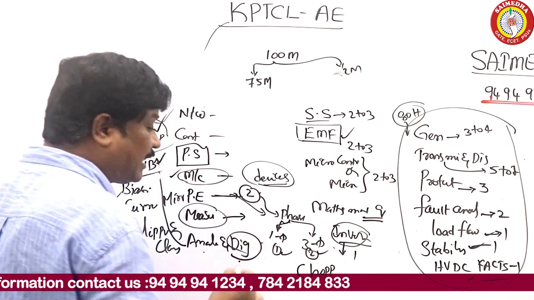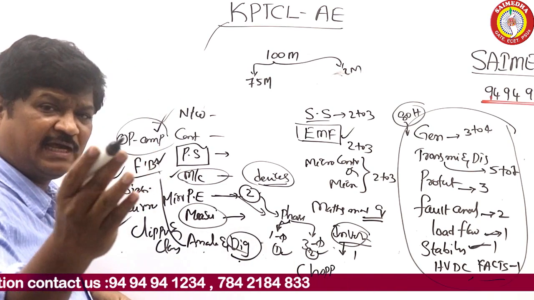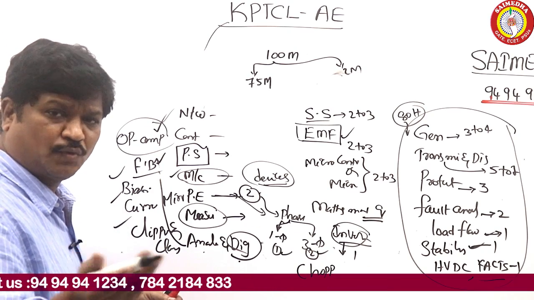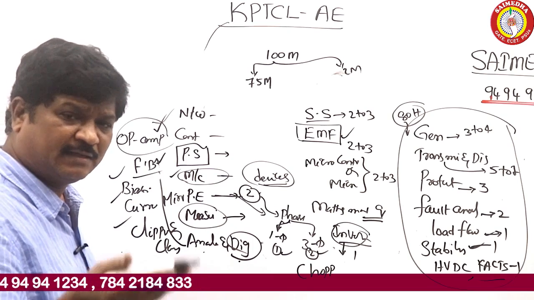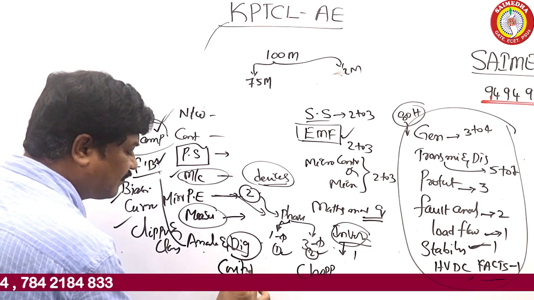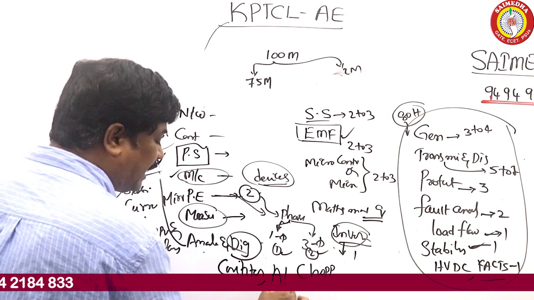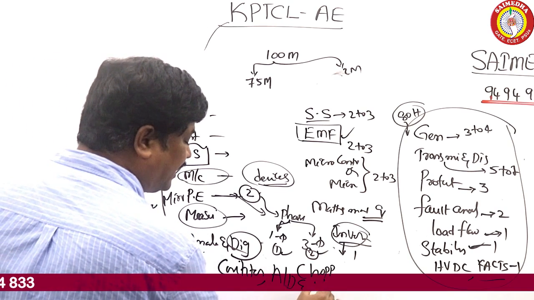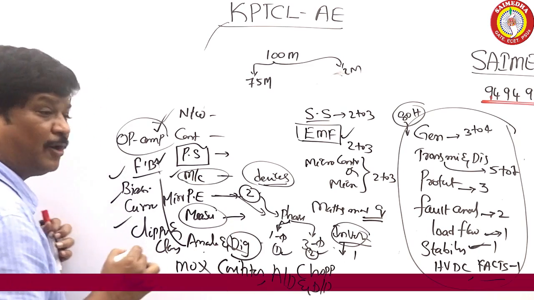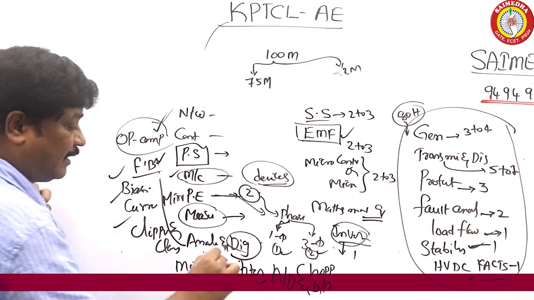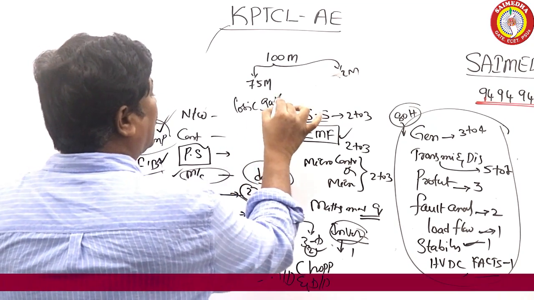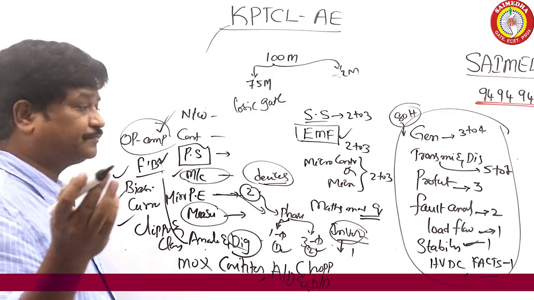Coming to the digital electronics, most frequently, even yesterday the GATE exam was conducted, 2 days back the GATE exam was conducted, there 1 question is given from the counters. It is a routine question from the counters. A to D and D to A converters. In the combinational circuits, multiplexer is the more important. Logic gates are important. And sometimes they will ask you